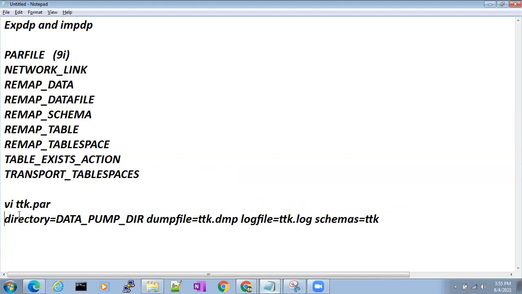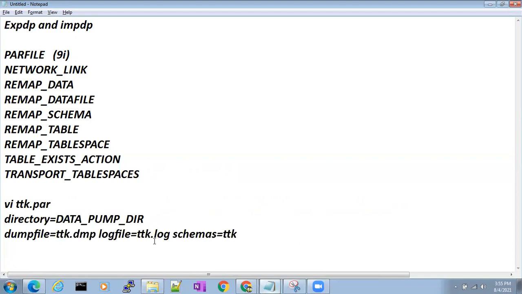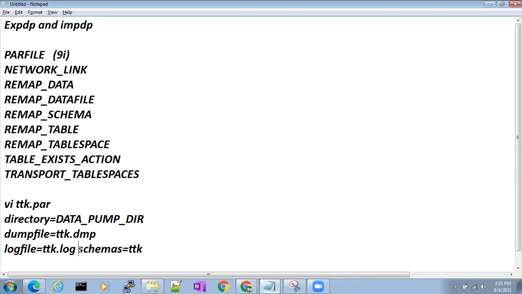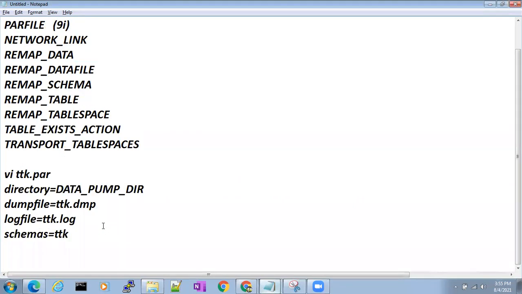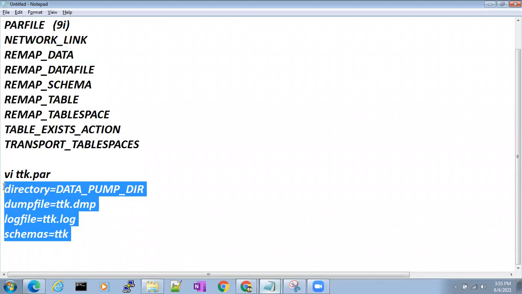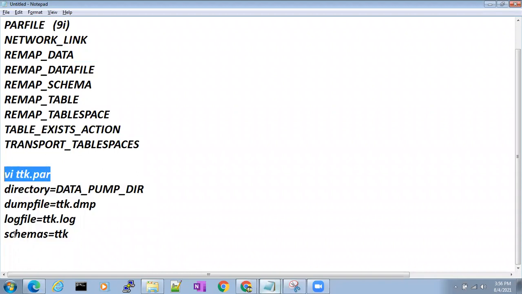This is the par file. In this par file we used to give directory is equal to, dump file is equal to, log file is equal to, schemas is equal to, like this. After that we used to save this par file. Now at the time of export, we used to run expdp parfile is equal to ttk.par.